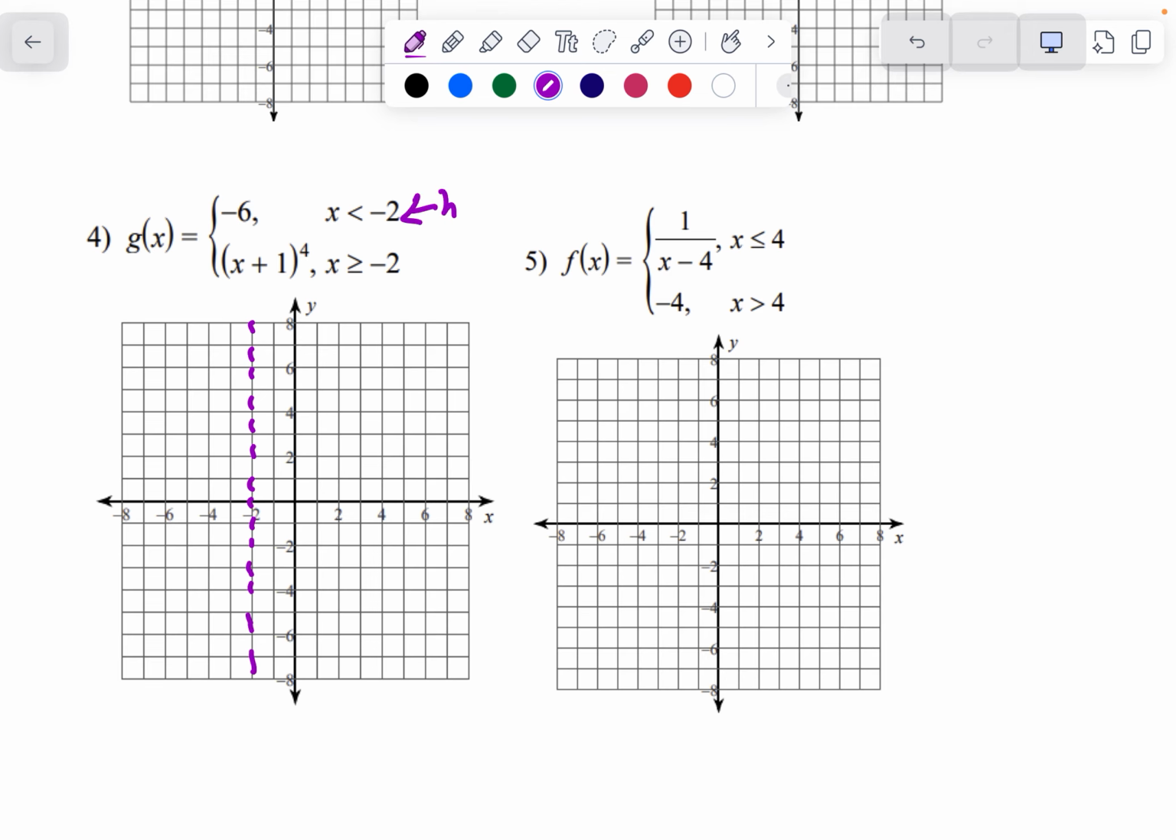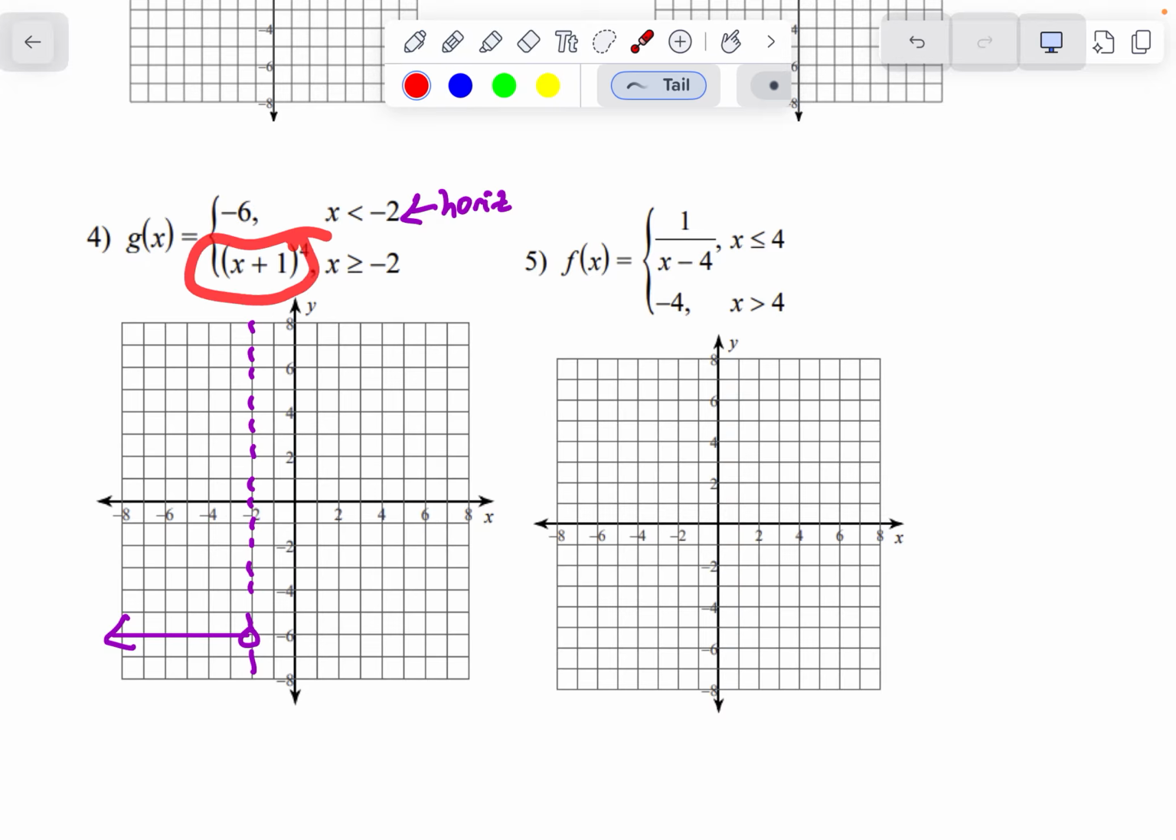This is a horizontal piece. So you just go to -6. I'm not allowed to equal the border. And I just go over to the left. That's it. So I love the horizontal pieces. They're great. Okay. Now, this is a